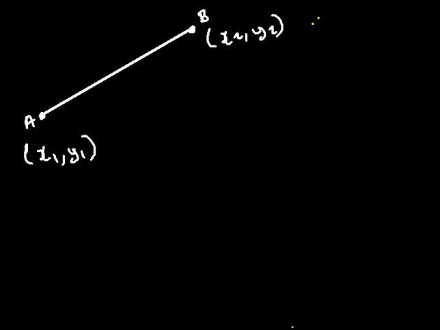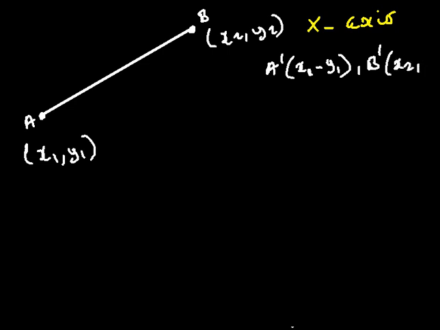So with respect to the x-axis, the reflection of the line with respect to the x-axis corresponds to having the image of point A given as x1 comma negative y1, and the image of point B will be x2 comma negative y2. And the reflection of the line along the y-axis